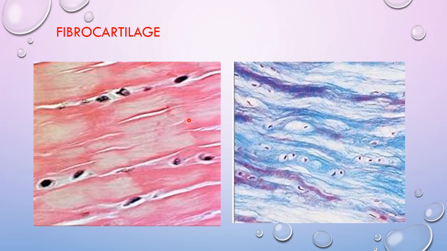Now these are the special stains to stain the fibrocartilage. You can see the reddish color of the thick collagen bundles, and in these bundles the chondrocytes are arranged in rows and singly, very distinguishing from the elastic and the hyaline cartilage. You can see here the surrounding matrix is very thin. The collagen bundles are secreted by the fibroblast cells. This is also a special stain which is staining the collagen bundles blue in color.